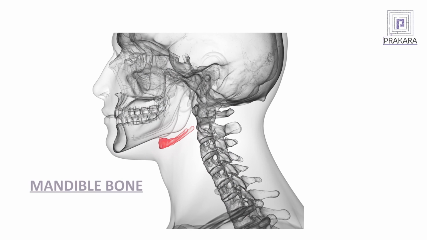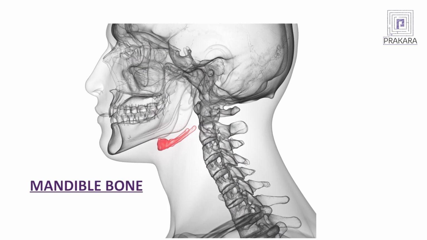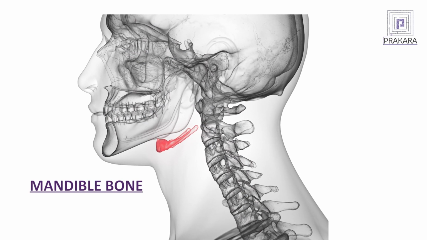Now let's move on to the skull. The skull consists of 2 main parts. One is the cranium, which is the home of the brain, and the next is the facial part of the skull. The skull consists of many different bones which develop separately, but with time they mature and they merge together. The only movable bone in the skull is the mandible, which moves up and down and helps us to eat.